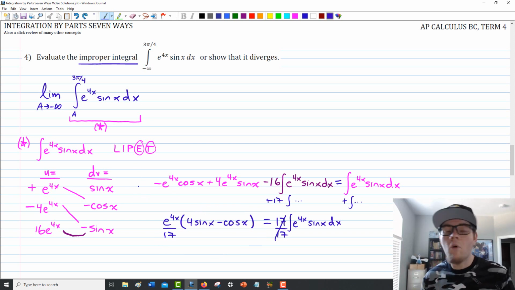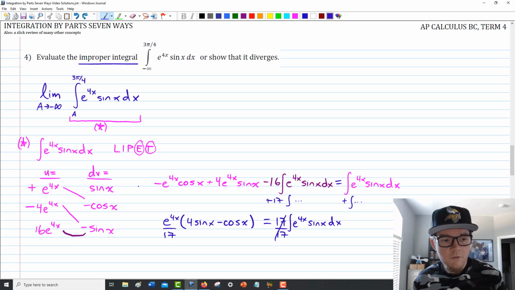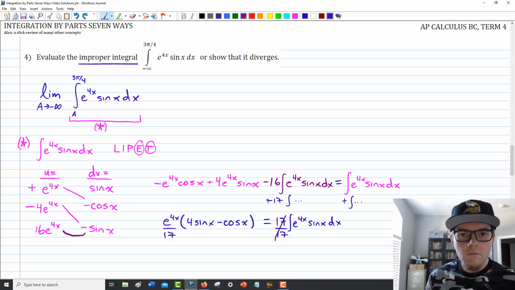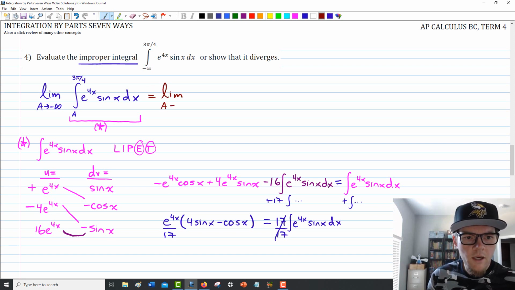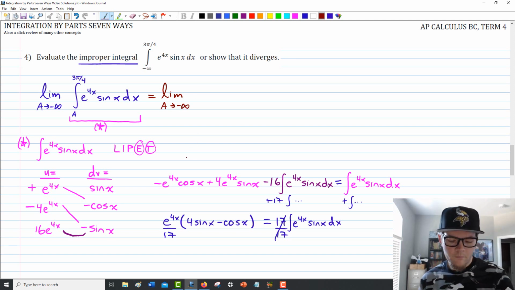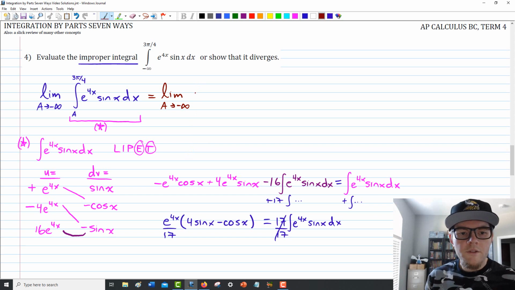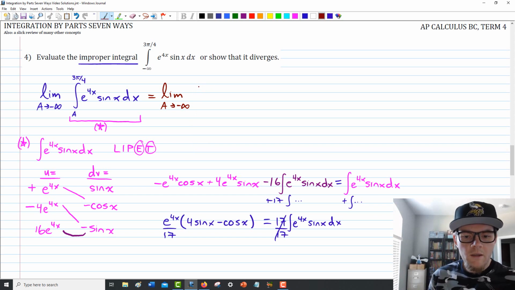It just required us to do that multiple of the original integral strategy. Now that we have it, though, we can absolutely return back to our original problem, where I'm going to be a good soldier here, and I'm going to include the limit as a goes to negative infinity every single time. So in here, as far as what we're evaluating, we have our